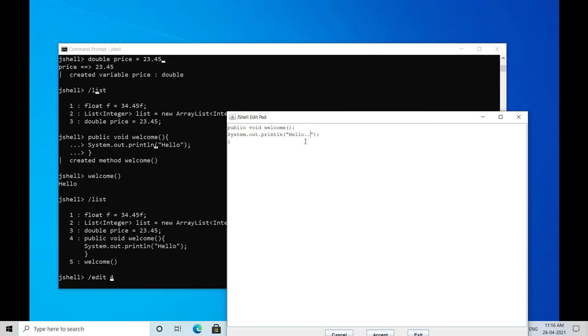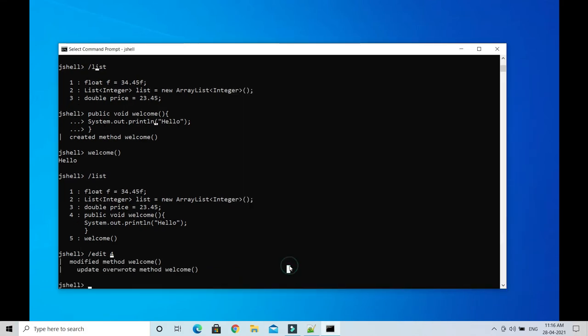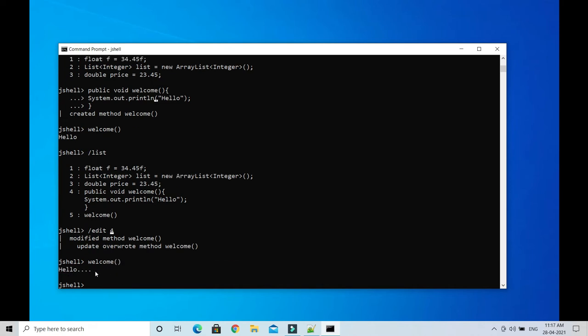Let's say I put some period sign, and after that I click on accept and then exit. Now if I call this method again, here you can see the modified output is coming out. So that's the way you can edit a statement you previously typed on the JShell terminal.